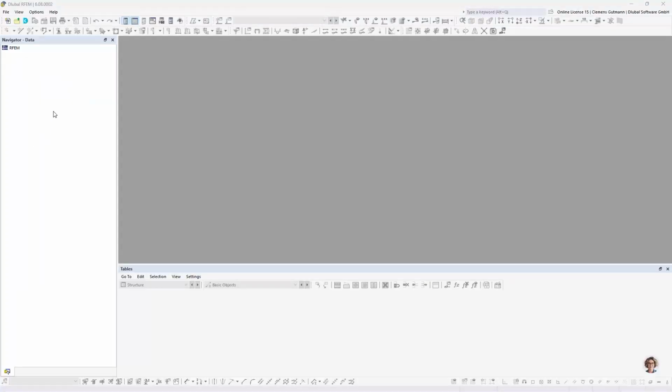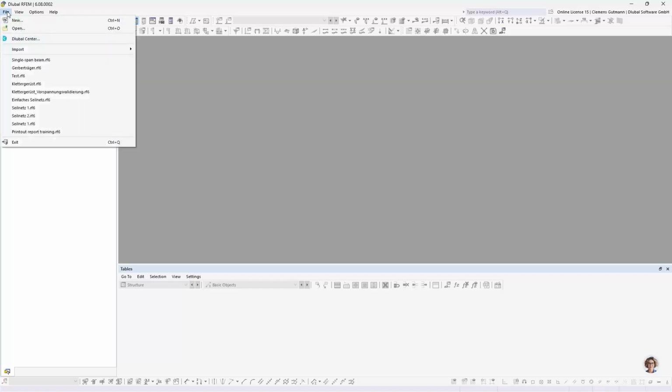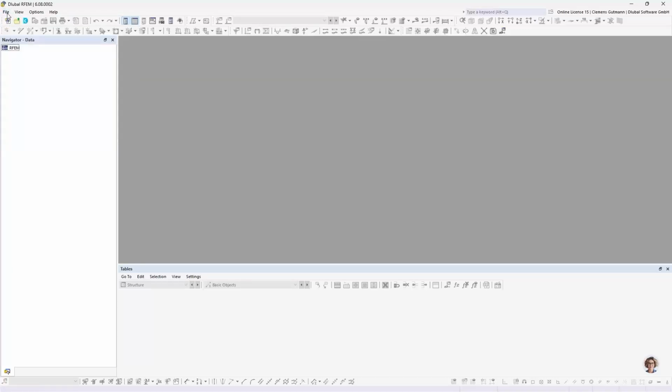And if you open the software for the first time, it's a little bit gray, but that'll change very quickly once we create a new model. And that we can do in 3 different ways. One way is to right-click on the Rfem icon in the data navigator. Second way is to go into the menu bar, File, New, and the third possibility is the icon in the toolbar. I'll click on that,